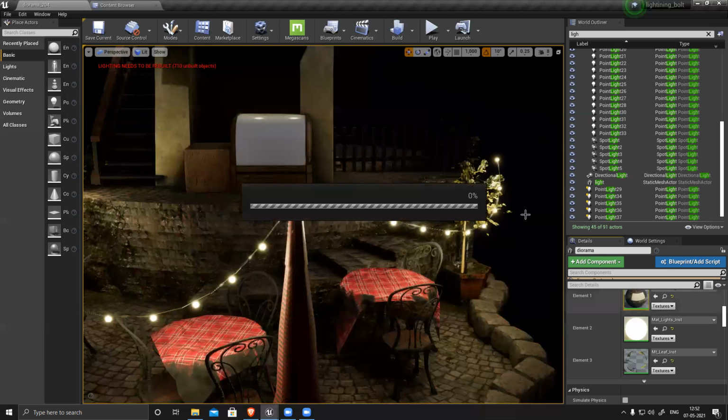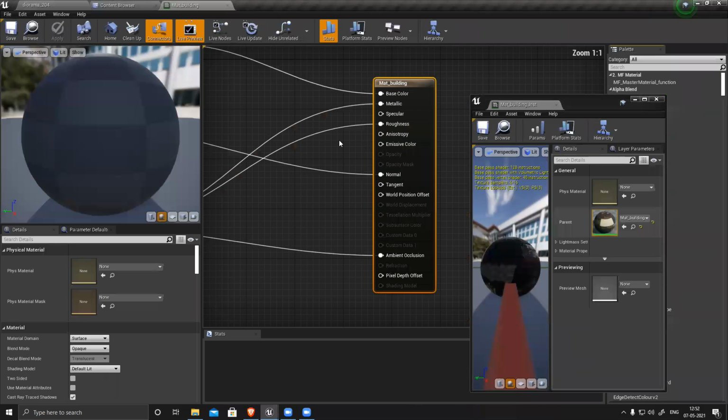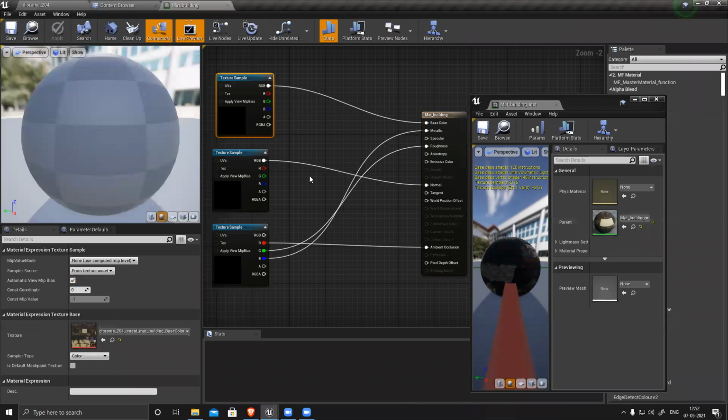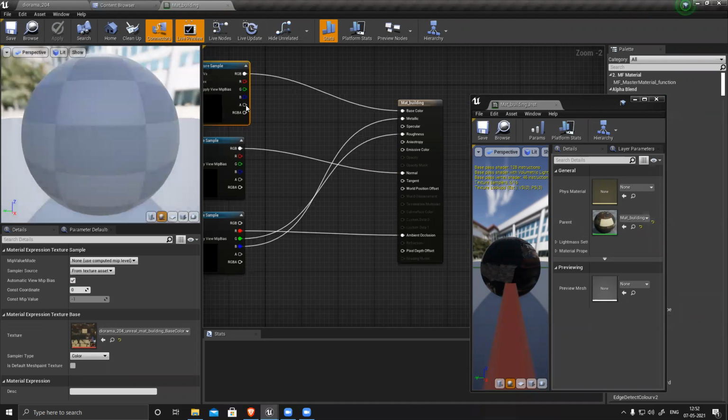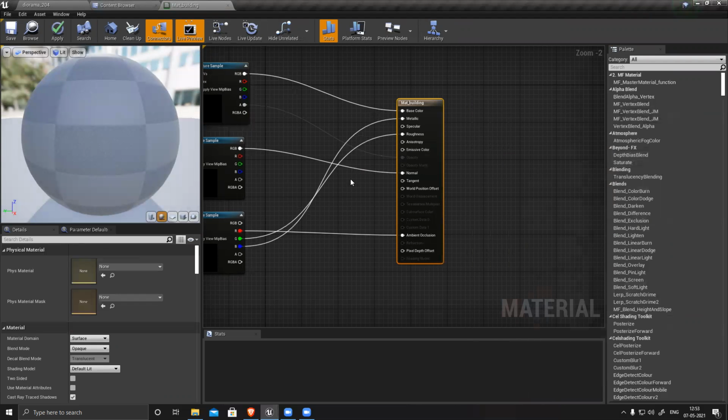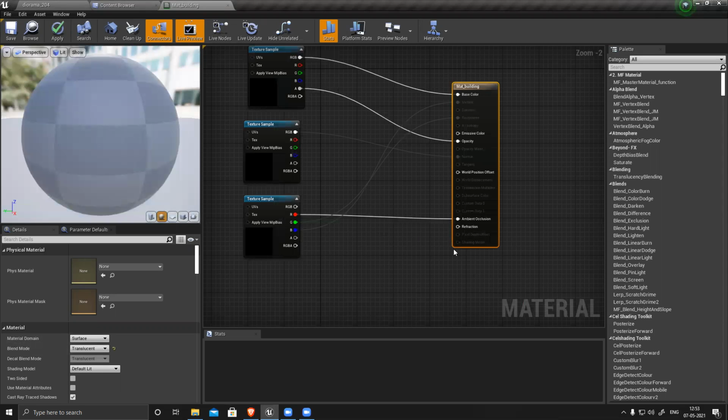So double click this texture, double click to open. I forgot to add the transparency. By default, whenever you use Unreal settings, transparency is part of your diffuse map alpha. So connect this alpha to opacity, but you can see opacity is deactivated. Select the main material, and blend mode is opaque right now. Select translucent, but you can see if you select translucent, everything becomes deactivated.